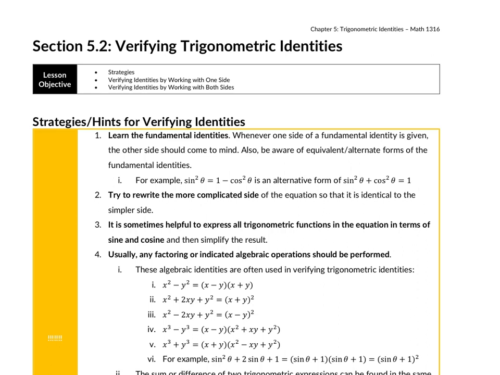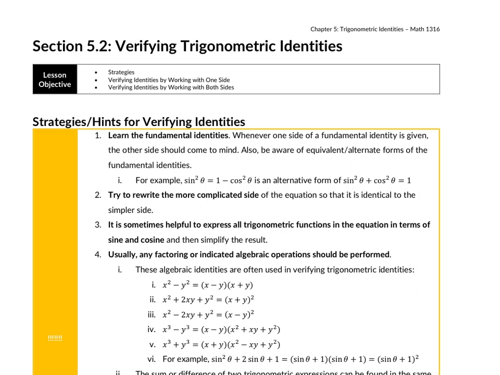other. So those of you who have taken trig before, this section is the one where you're telling me step by step what identity you're using each time to make one type of equation end up looking like another. Now on this very front page here, these are some algebraic strategies and hints. We had a few hints and tips on the last section, but here's just some more with a little bit more information. Hint or tip number 1 is to make sure you know those fundamental identities and any alternative forms,